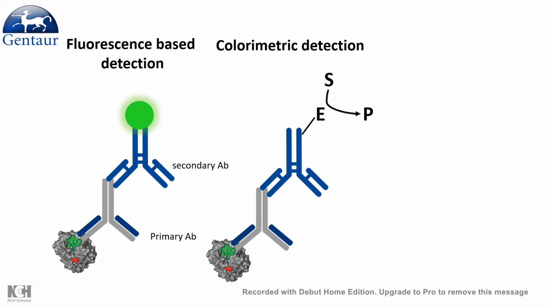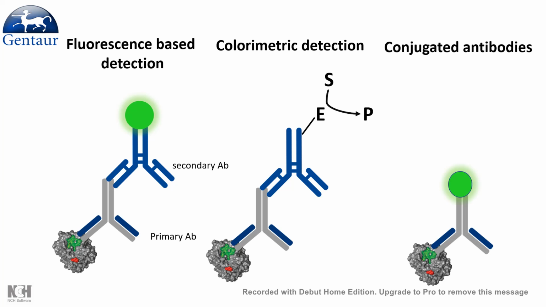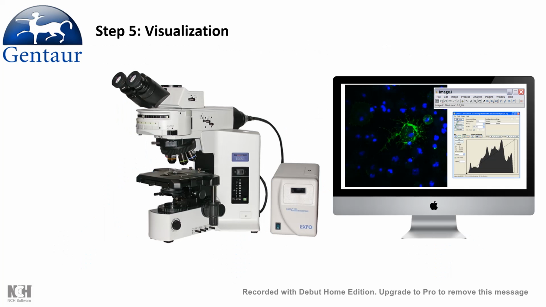You also have colorimetric detection, where the secondary antibody is engaged with an enzyme and it can cleave a substrate to produce color. Also, there are conjugated antibodies available, which are conjugated with the primary antibody, and the detection is even easier, right? Now, the last step is to use microscopic techniques to visualize the data,